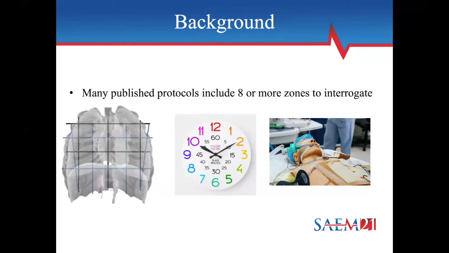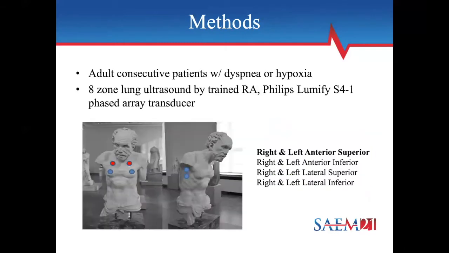Much of the original research on B-lines and published protocols include 8 or more zones in interrogation of the lung. However, requiring a large number of zones may limit utility and utilization in clinical practice. Particularly in processes that involve the lungs diffusely, more limited interrogation may provide similar information while being more feasible for routine care. We sought to compare a 2-zone anterior superior thoracic ultrasound protocol to a full 8-zone approach utilizing ratings